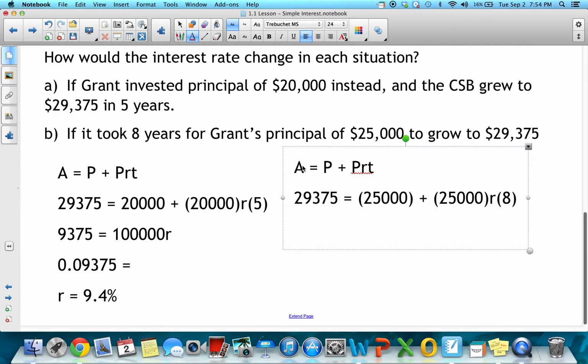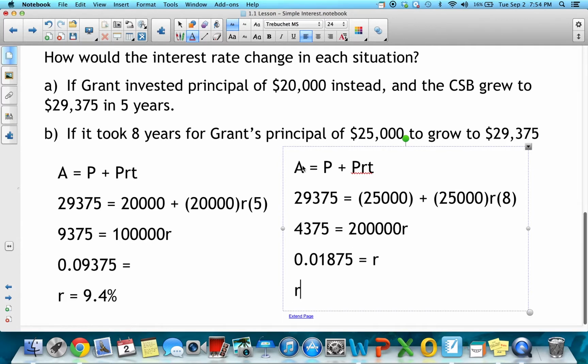So again, I'm going to subtract 25,000, and I'm going to get 4,375. 25,000 times 8 is 200,000, and I still have that rate that I'm looking for. I divide both sides by 200,000, and I'm getting 0.021875, which as a percentage is